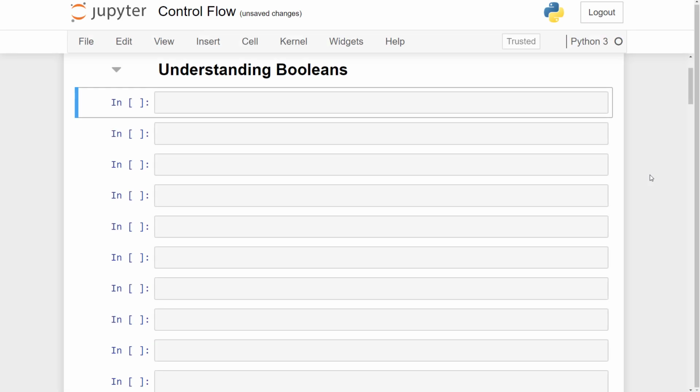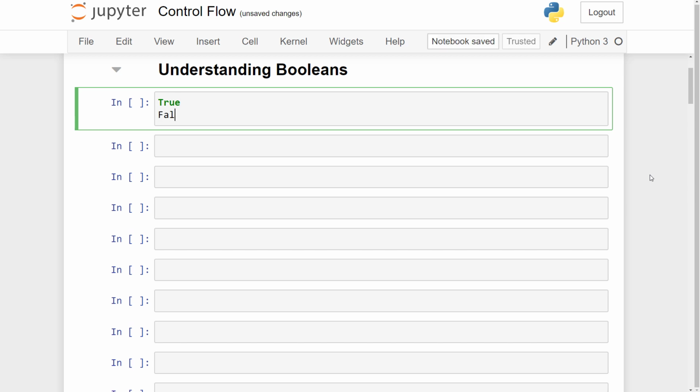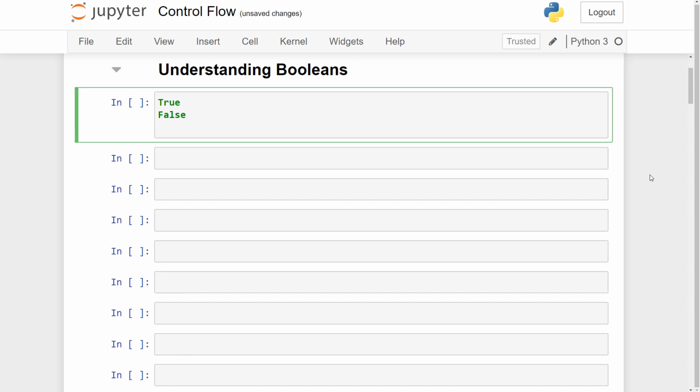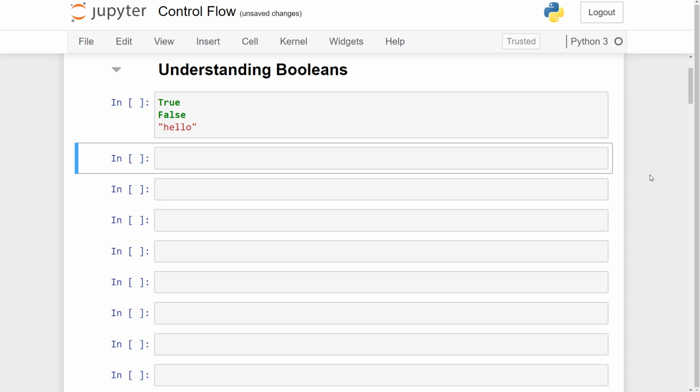Now before we go any further, let's talk a bit about true and false. You may notice that when you type them in a code editor, so for example here we're using Jupyter Notebook, when you put True and False with an upper T and F, they appear in a different colour than variables or strings, for example. This is because True and False are their own special type, and this data type is known as bool. So if we pass True into the built-in type function, we can see that we return